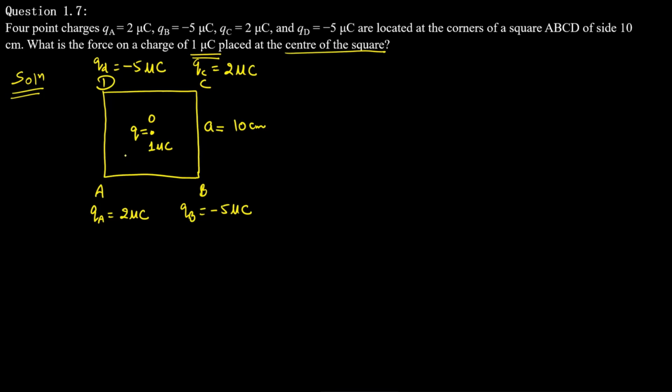Okay, now why is it 0? See, if I talk about the force between the Q and QA, tell me what will be the direction of force. Force between A and, I am writing, O. It will be simply K QA into Q upon AO square, right? I'm not writing the value. So can I say the direction will be from A to C? Tell me. Yes, sir. Okay.